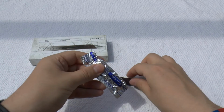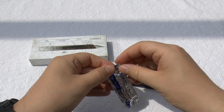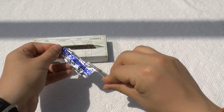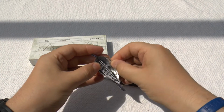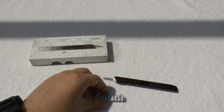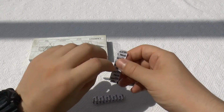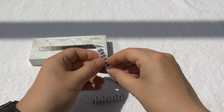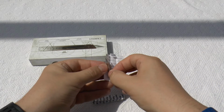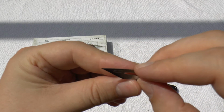But never mind. So tear in this direction. So that means tear in this direction. So you tear away, and then these are all the sharp things in here. Sterile. And you just peel this back, and there is your Swann Morton England